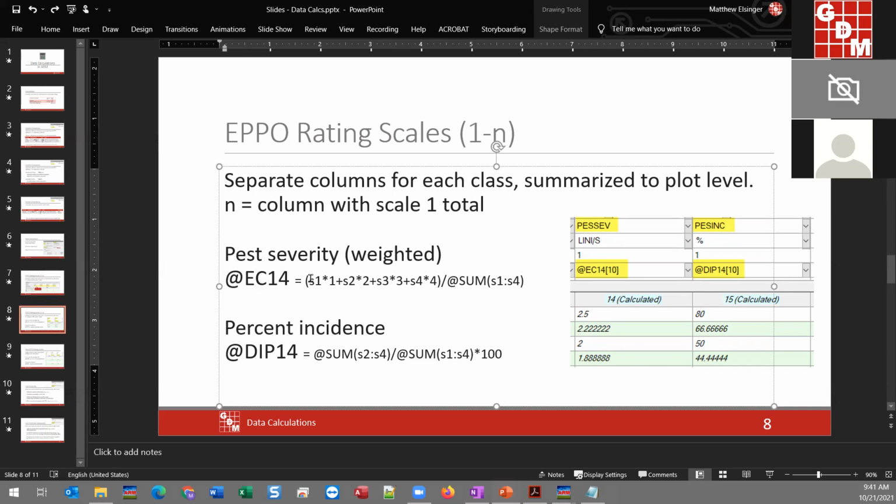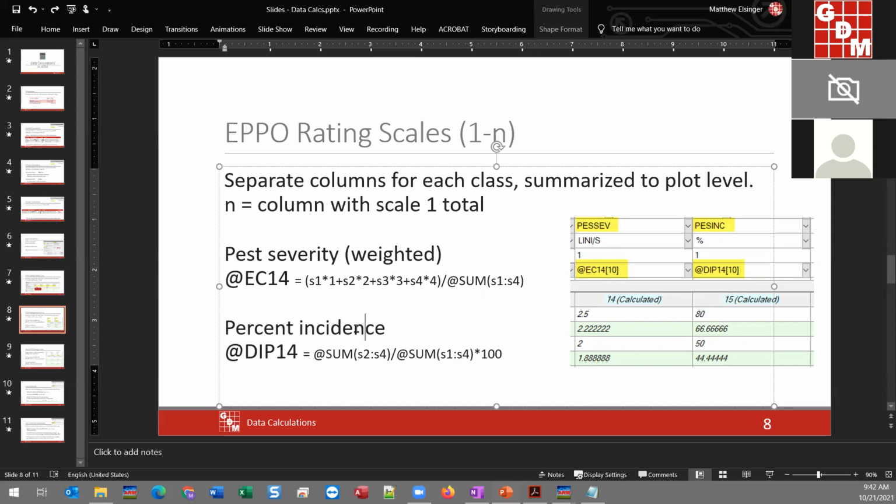And really the calculation is, your tally from class 1 gets a multiplier of 1. Your tally from class 2 gets a multiplier of 2. A tally of 3 gets a multiplier of 3. So you're giving a weight to it: the higher up it is on the scale, in my example, the more marketable the fruit is, the more value it has to us. And then we'll divide by the total number to give us an average. So that would be one example there. I guess it wouldn't work for the pest severity necessarily for my example of the apples. Maybe it would be in reverse, but